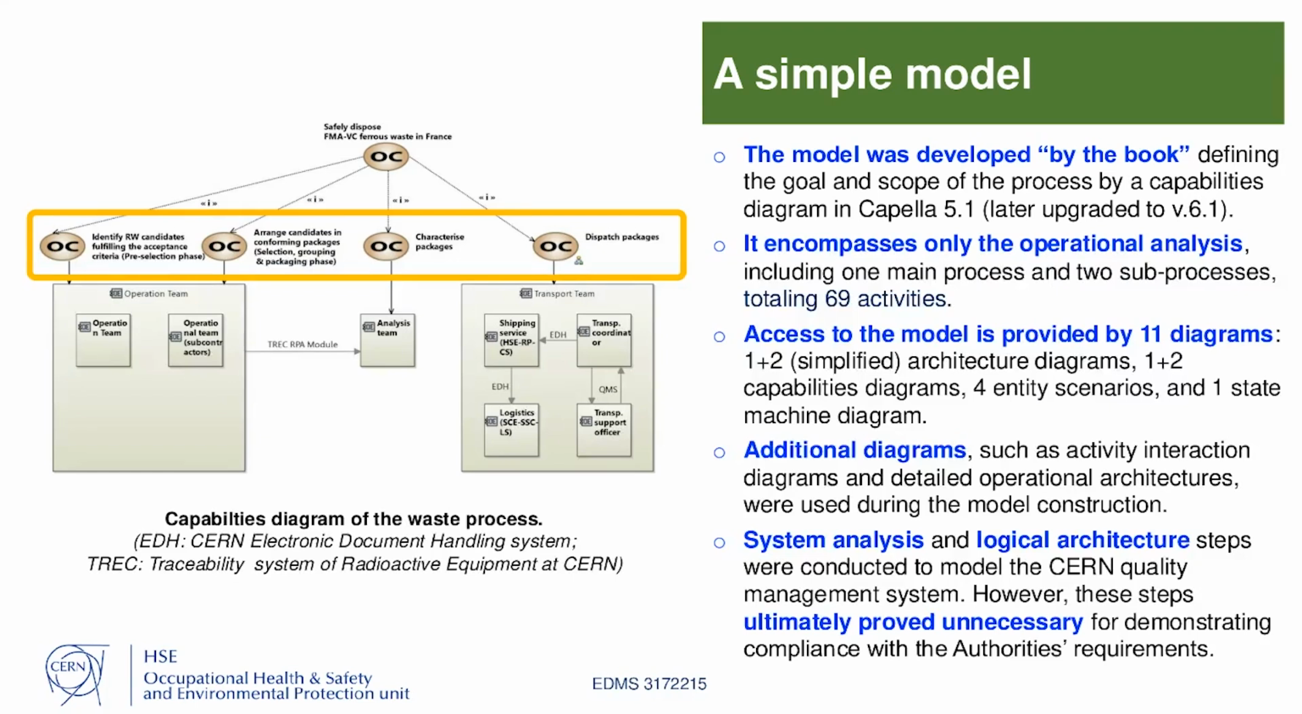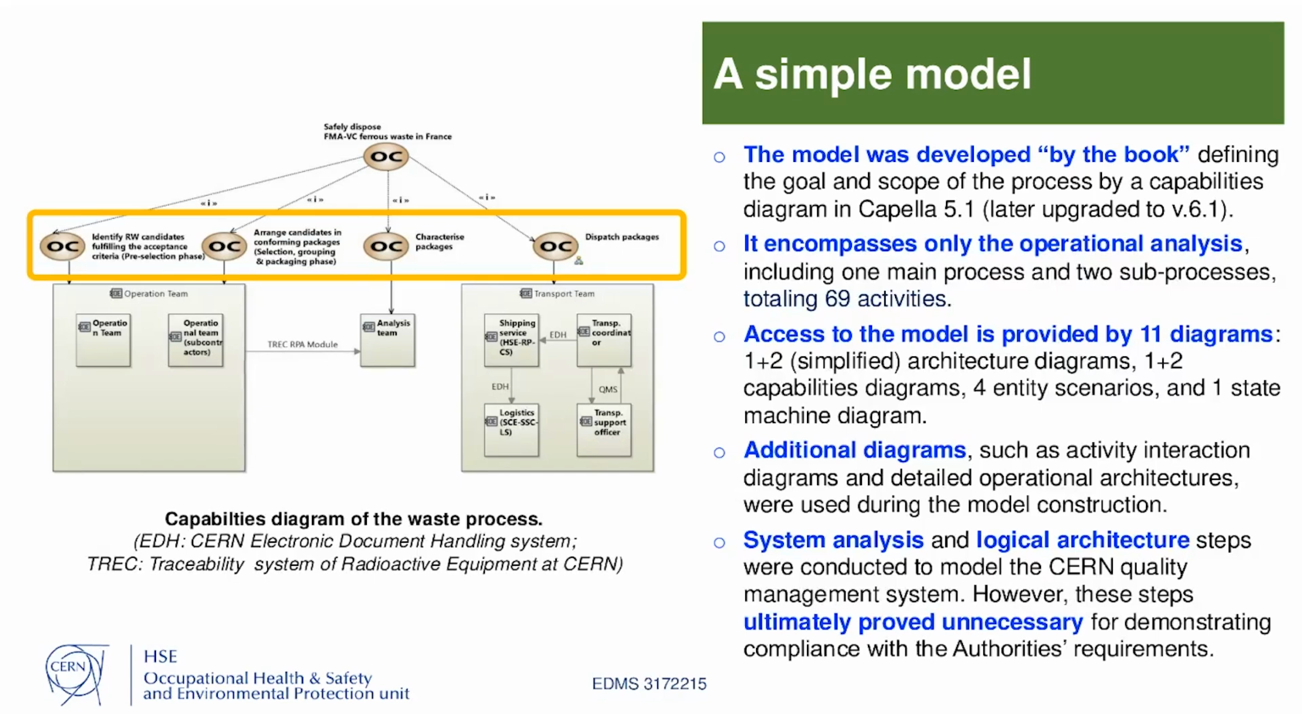As I said, it's just the operational analysis where I defined one main process, two sub-processes for a total of 69 activities. In the end, the model is accessed by 11 diagrams. 1 plus 2, I say 1 plus 2 because I have the top process and the two sub-processes. So 1 plus 2 simplified architecture diagrams, 1 plus 2 capabilities diagrams, 4 entity scenarios, and 1 state machine diagram. There are additional diagrams that are used, such as an activity interaction diagram, detailed operational architectures, but just for model